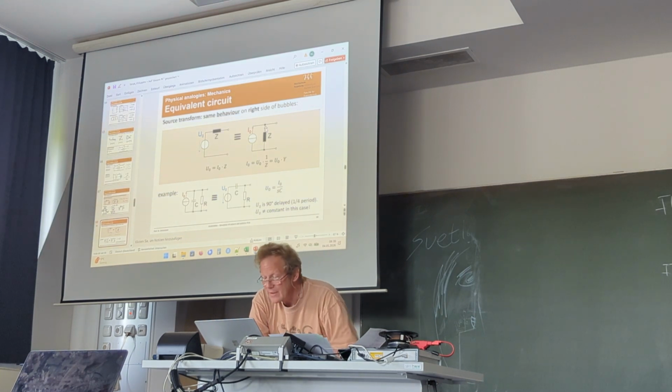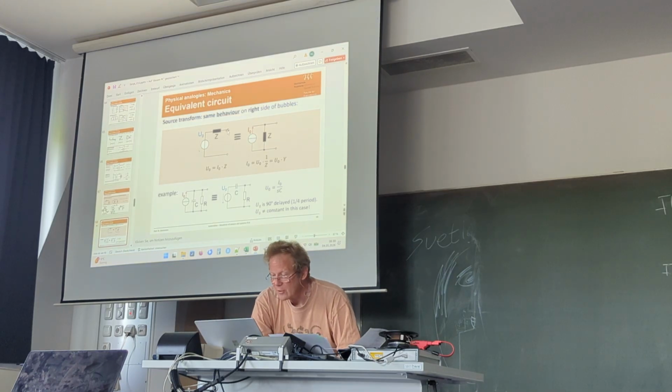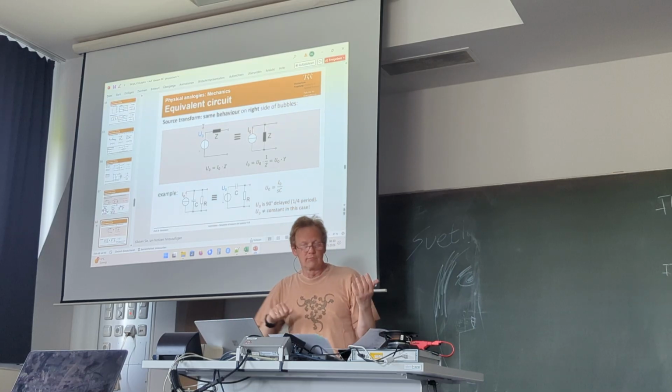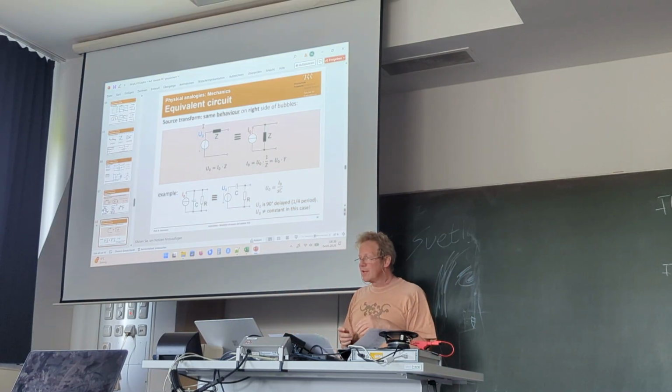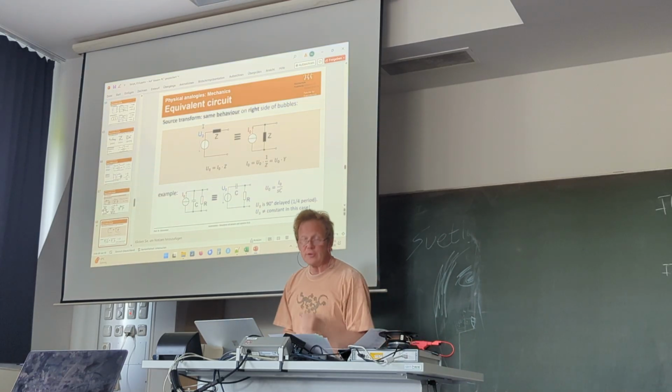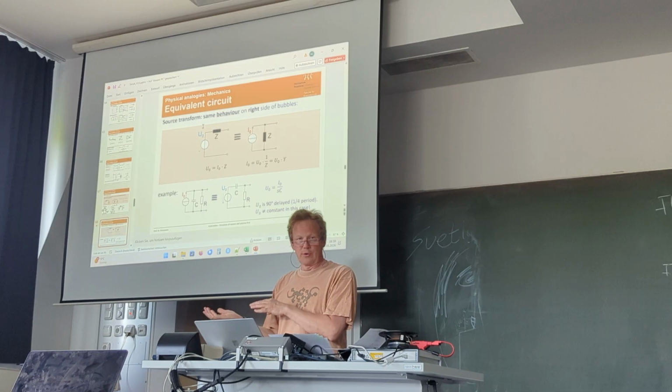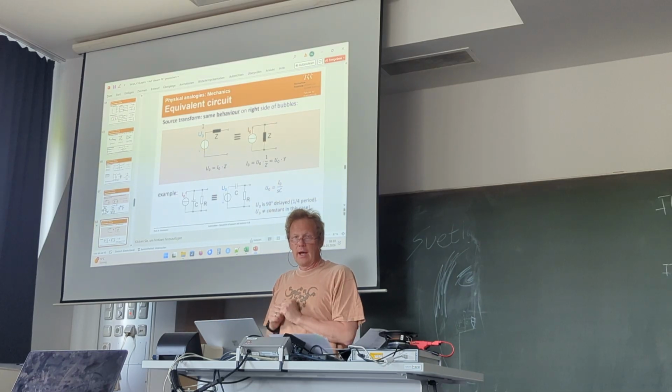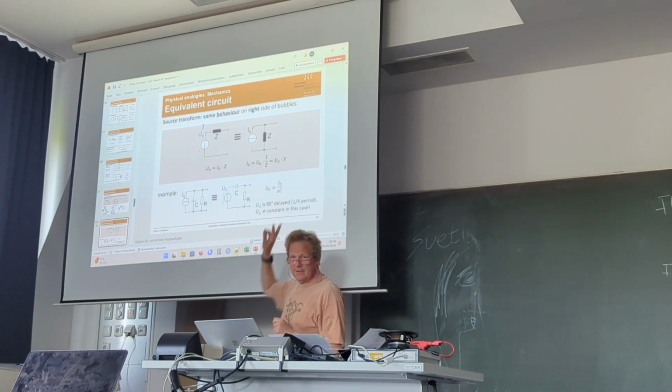It's the same behavior with respect to the right side of these white bubbles. The right side means we connect there some more circuitry, more components, and for the rest of the components, it does not matter if you have a voltage source or a current source. Internally, it's a difference,